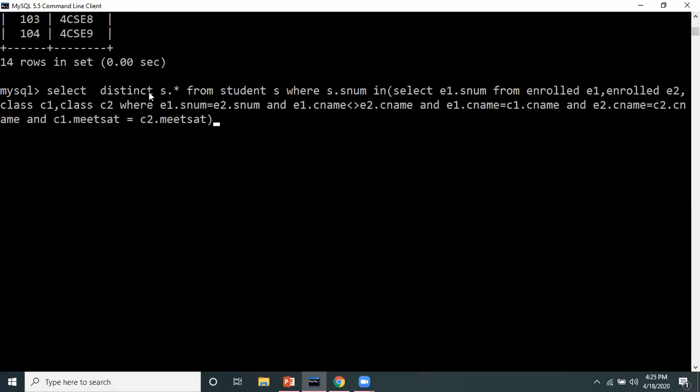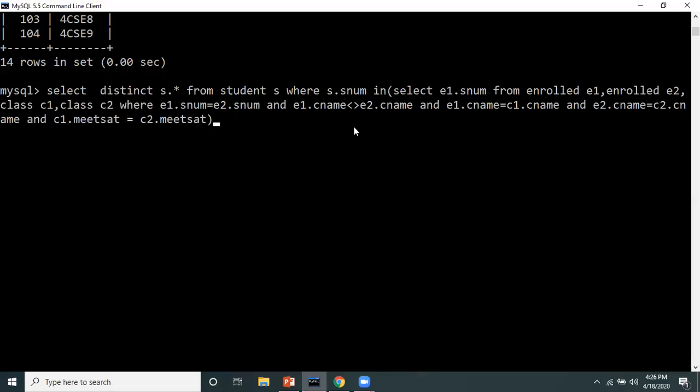Select distinct, we are finding out all the details, so s.* from student, where s.snum in, select E1.snum from the enrolled table. So in the enrolled table, we are using this particular snum column. One time we are calling it E1, another time E2, and I'm comparing E1.snum equal to E2.snum. That means the student number should be common, and the class name should not be the same.